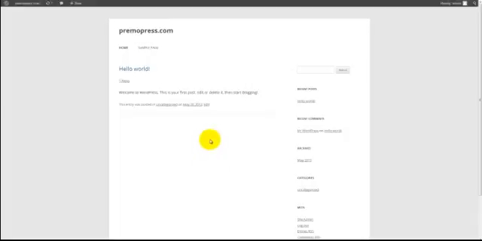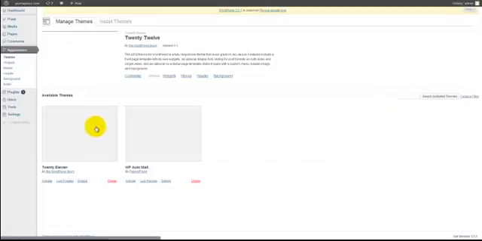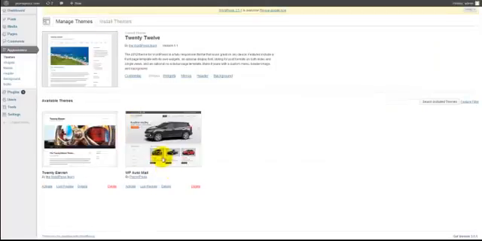So first of all, you need to install WordPress if you haven't done that already. So here we have an empty version of WordPress, no themes uploaded or anything like that. I'm just going to head on over to the WordPress dashboard and go to Appearance, Themes. And actually I've already added my WP AutoMall theme, but if you haven't added yours yet, just go